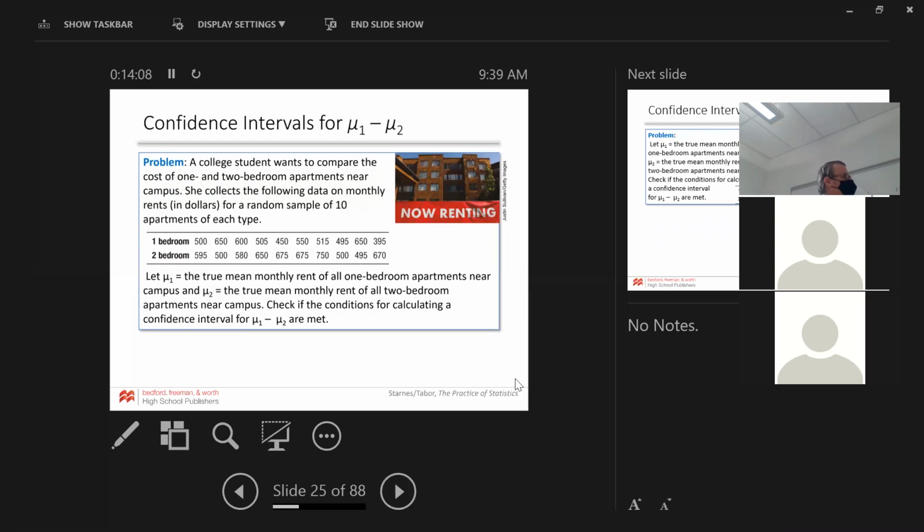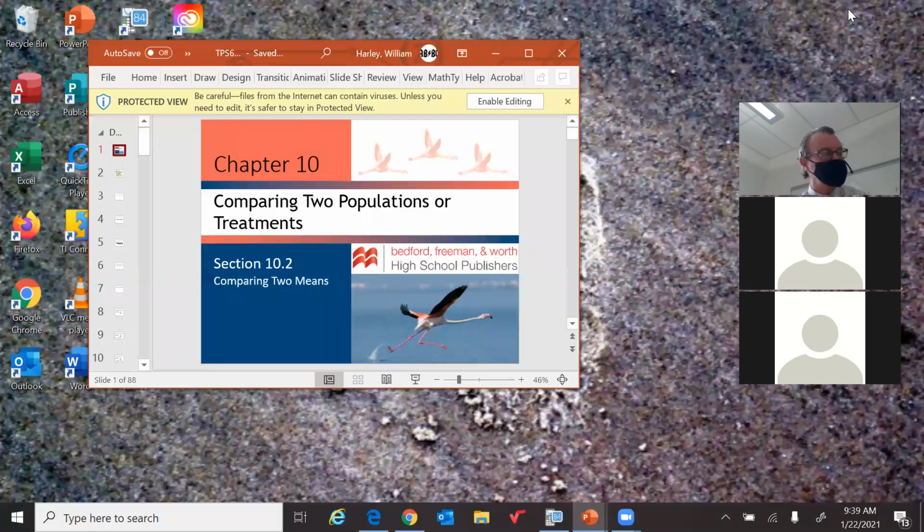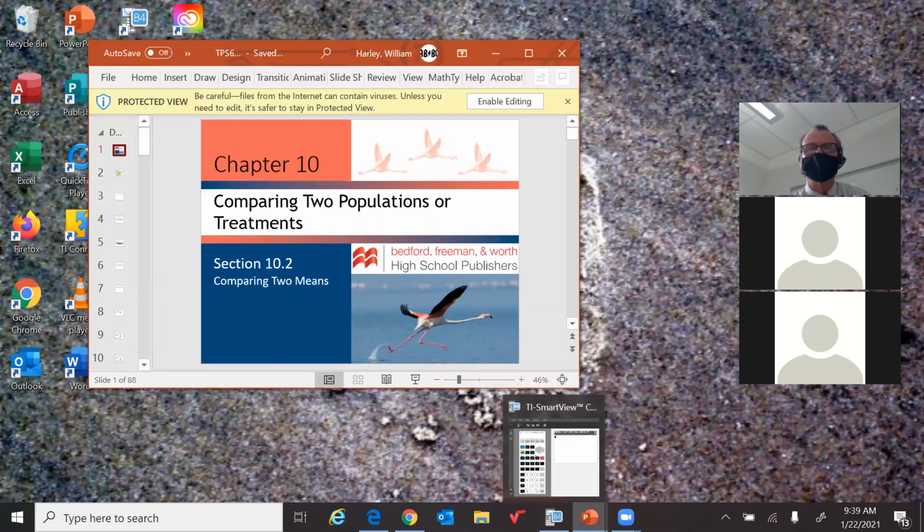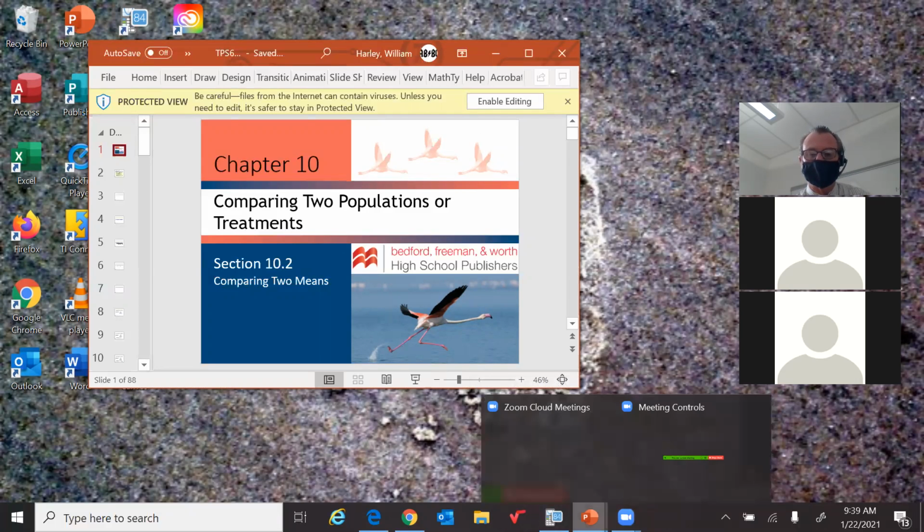Okay, so next thing. You want to compare the cost of 1 and 2 bedroom apartments. Now what happened? Think about this. Instead of getting the summary statistics, instead of telling you the mean and the step, they gave you the data. So what that means is on your calculator,